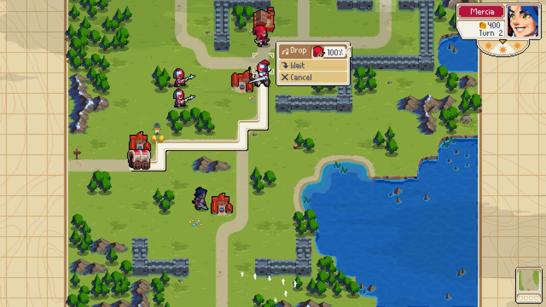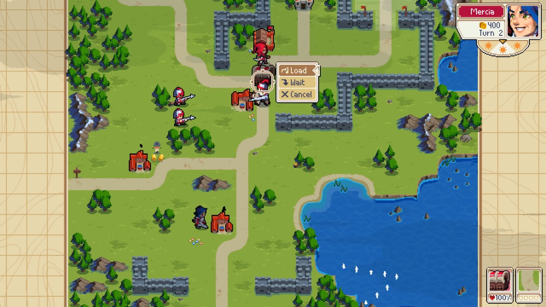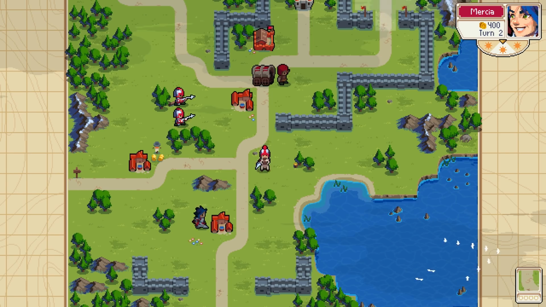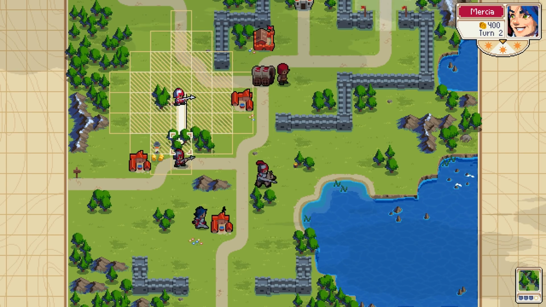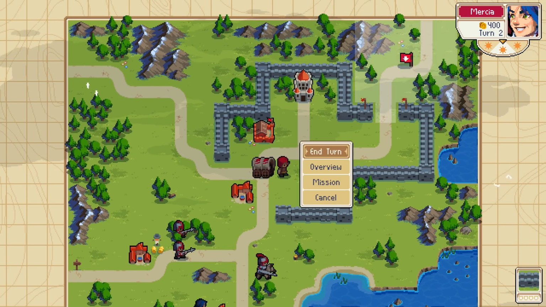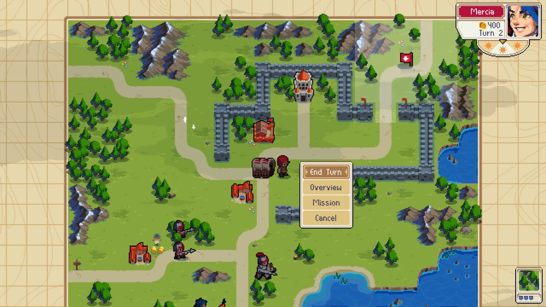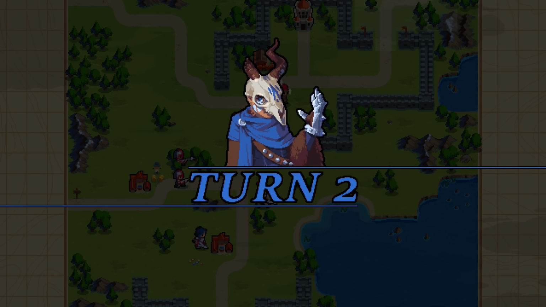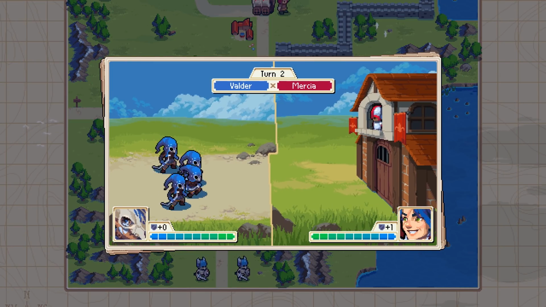Okay, we can move that over. That's a zippy wagon. You can probably just bring the wagon back because the villagers should be able to make it up to the walls on their own. Yeah, they should be able to walk. Not actually sure if it's like a timed thing or a certain amount of villagers thing. Let's see. Overview. All villagers can escape Cherrystone, so it doesn't actually strictly say how many. I'm just wondering when the next one respawns, only when the previous ones have fled, or...